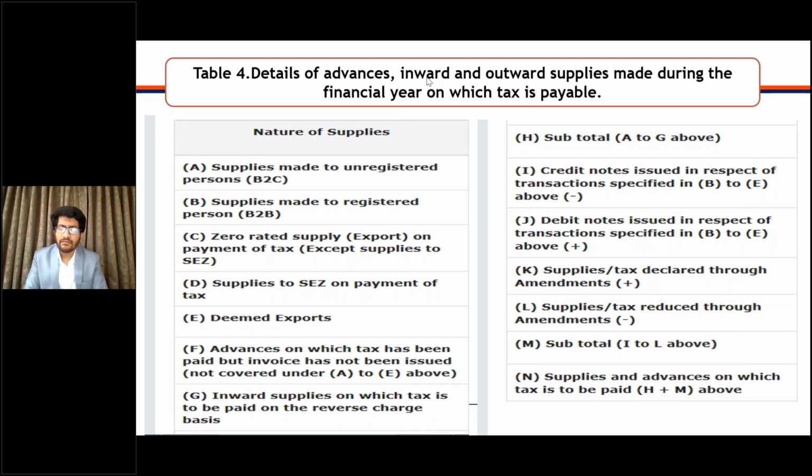Also, at many places, we may find that these lines are now redundant. So the reason is, as now we are already filing data as per my books and 3B and not as per GSTR 1, these tables or these lines were supposed to be filled as per GSTR 1 and hence not applicable now. The bifurcation of B2B and B2C was there in GSTR 1 and hence required over here, but we are not going as per GSTR 1. So we should prepare sales register as per our audited financial statements and classify into B2B and B2C.